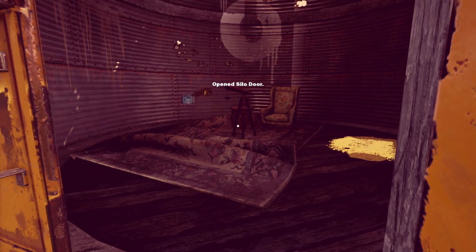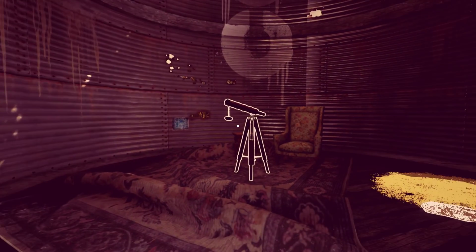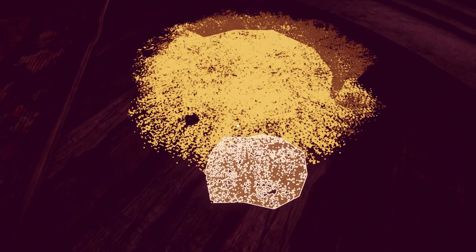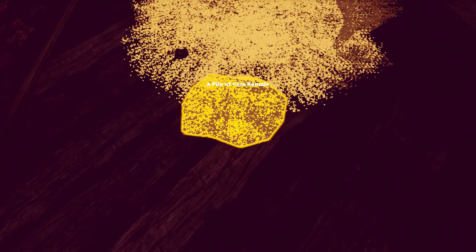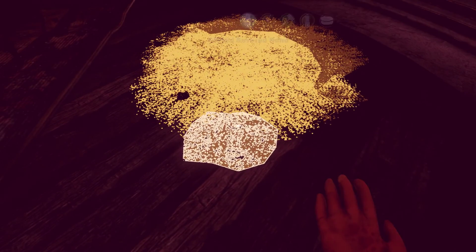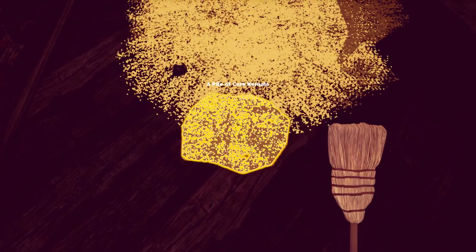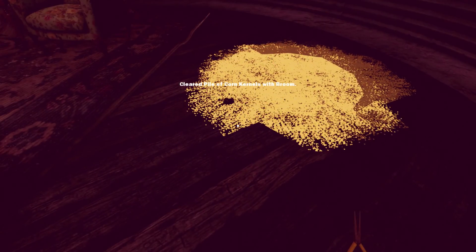And there's nobody here. Why would anyone have a telescope in a silo? That's not that kind of silo. Not sure what this is, but it's really glowy and unsettling. Oh, it's a pile of something, so let's try to sweep it, shall we? Haha! And now we've got...